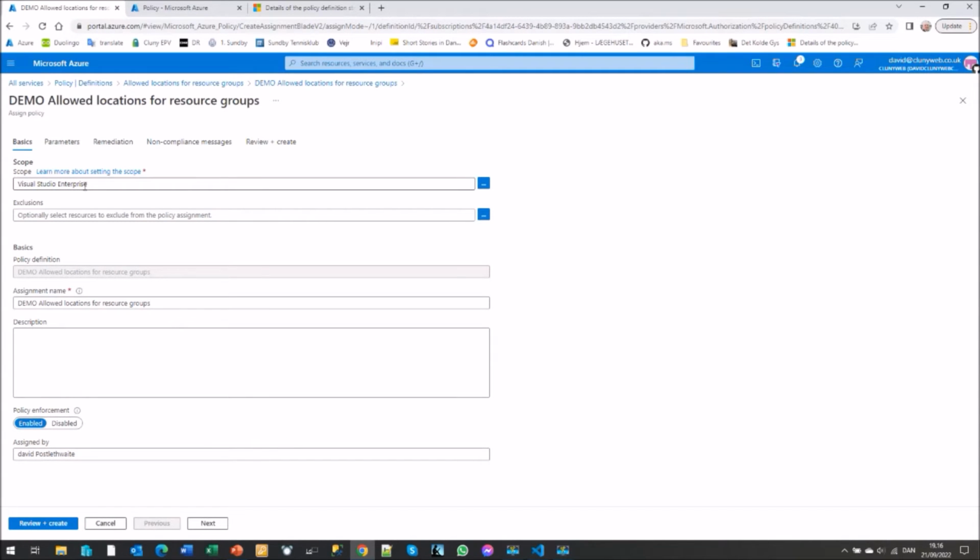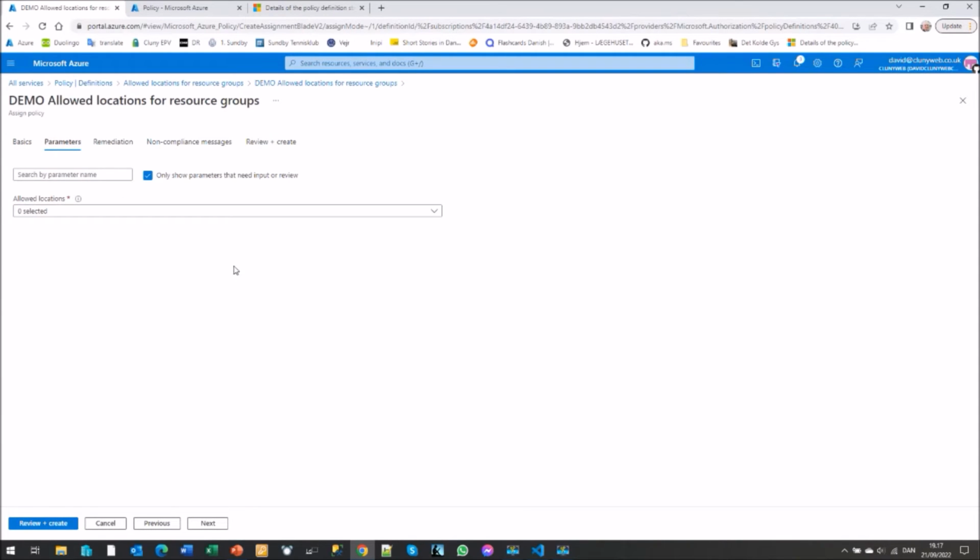Again, we need to select our scope. We already have Visual Studio Enterprise, but I could from here go and select a resource group. Doesn't make sense in this case because we are actually defining a resource group. Any exclusions, any areas we don't want to put it in, we need to give it a name. I'll leave the assignment name the same. We need to give it a description. Whether we want the actual policy to be enforced or whether we just want it to audit, and who created it, me. Once we've done that, we can go to our parameters, and now you'll see, because of our strong type,